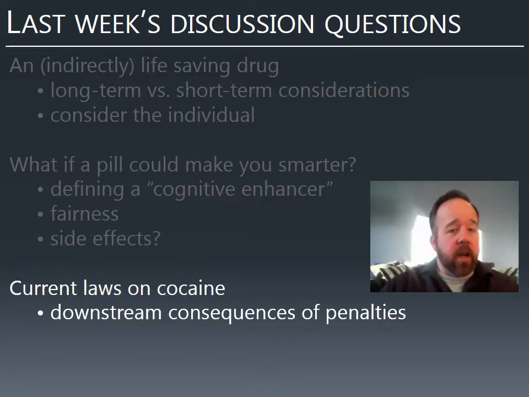On the other side, making penalties more severe. The concern there is that if the penalty is very severe for admitting drug use or being caught using drugs, will that decrease the willingness of people to go seek help? If they're dependent on cocaine, will they keep on using cocaine but never seek treatment for addiction, for fear of being penalized?